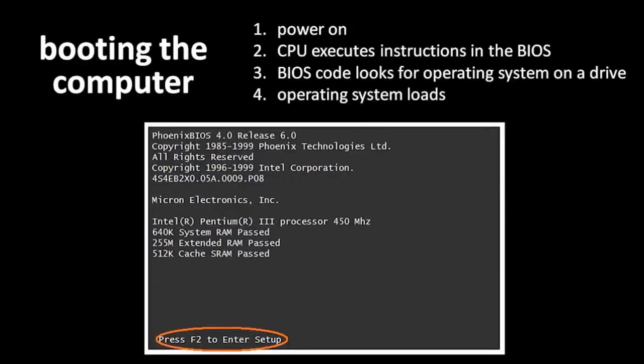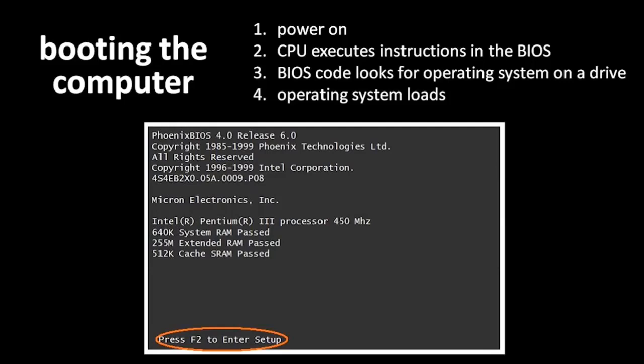When a computer system is powered on, it goes through a process we call booting. The first thing that happens after the power is turned on is that the CPU executes instructions in a chip on the motherboard called the BIOS. The BIOS is simply a chip which stores a small amount of code, and the CPU looks there to find its first instructions. What this code in the BIOS then has the CPU do is look for an operating